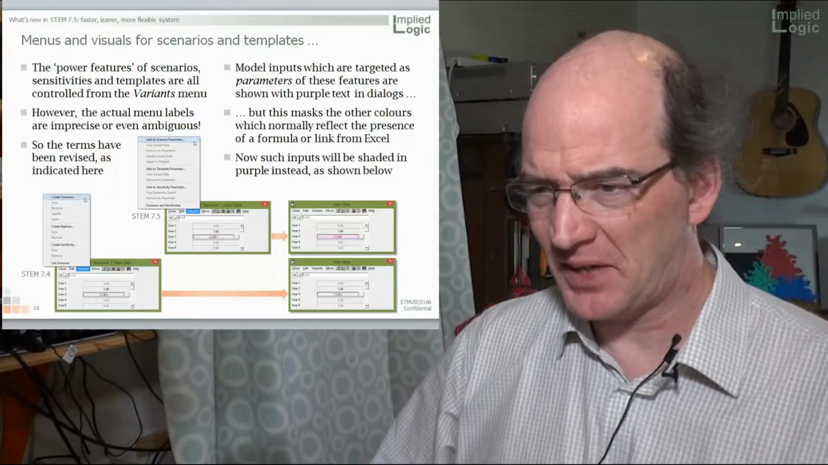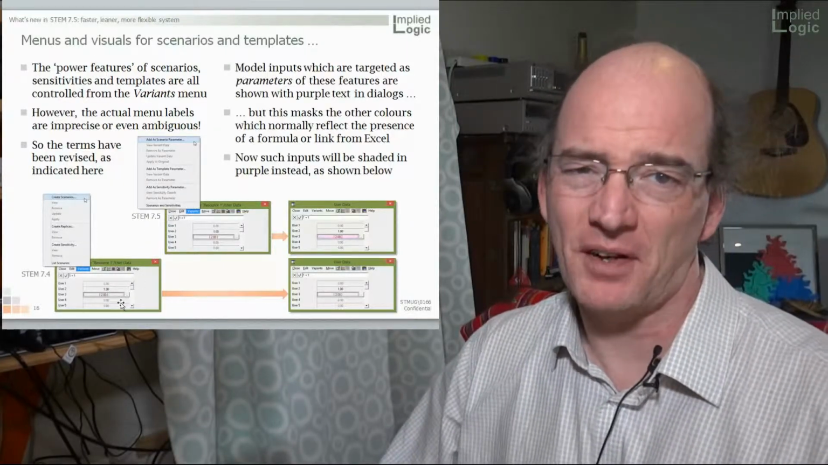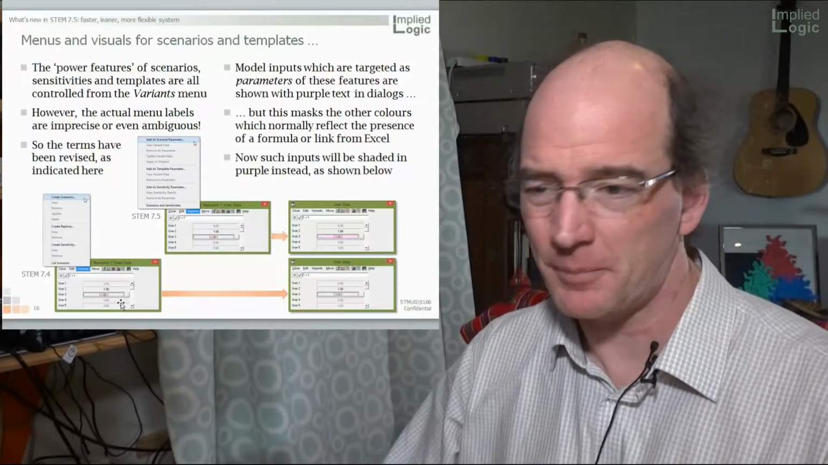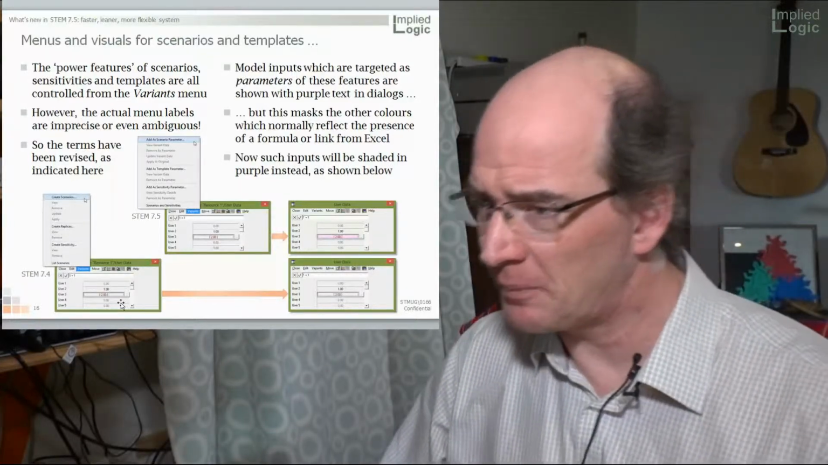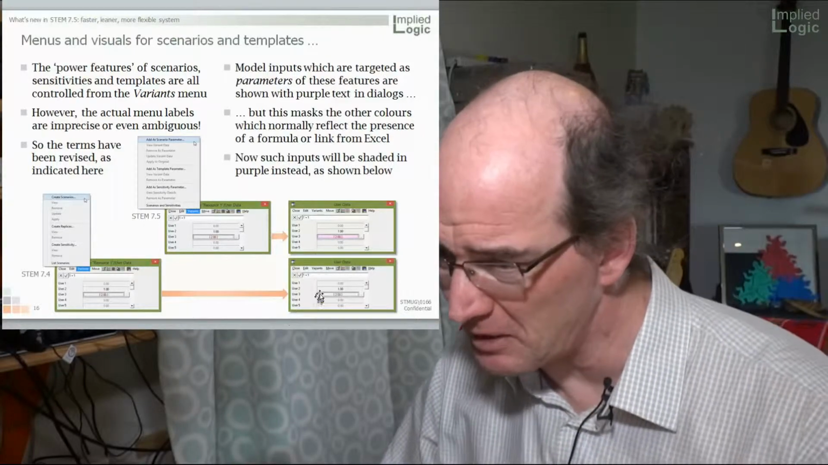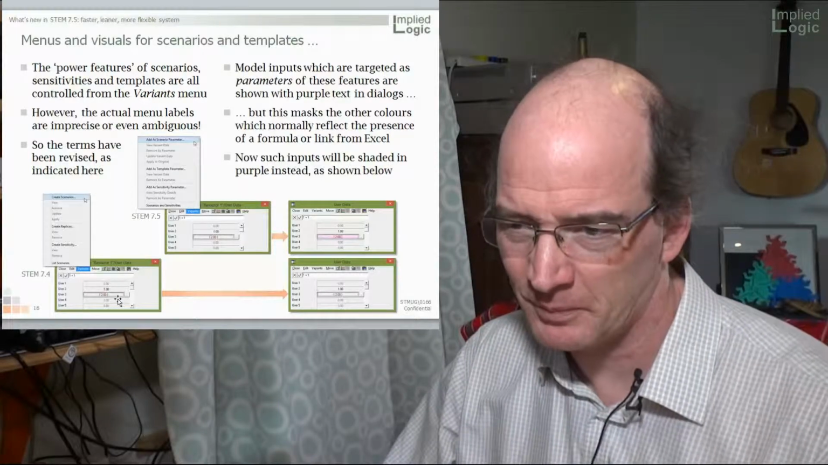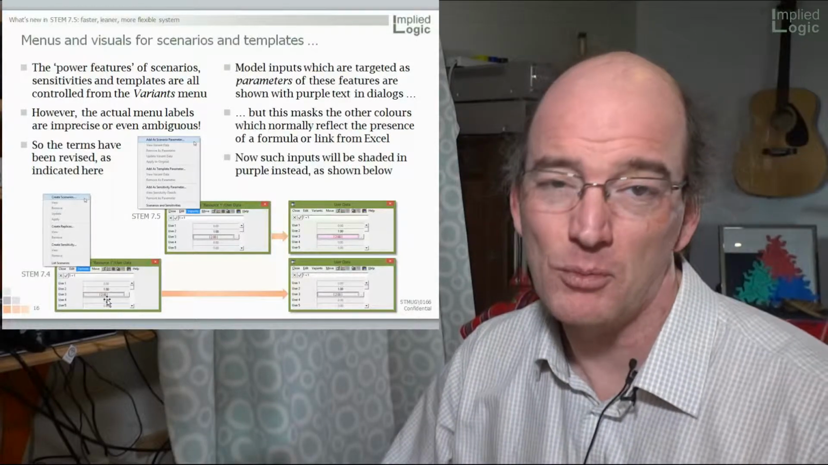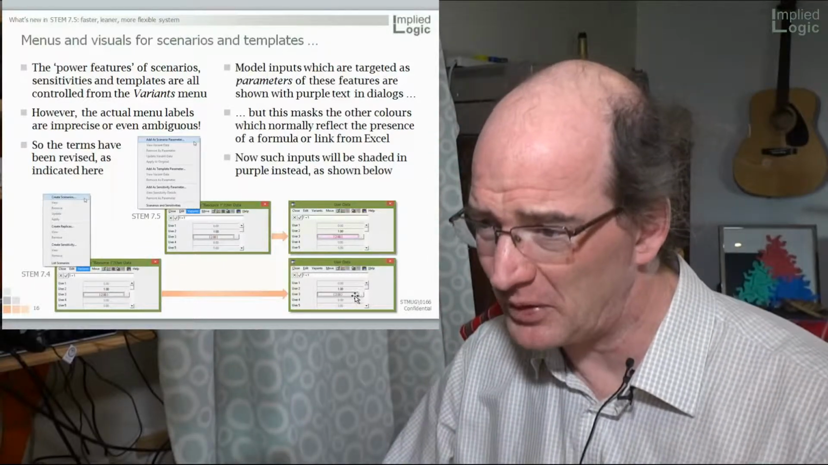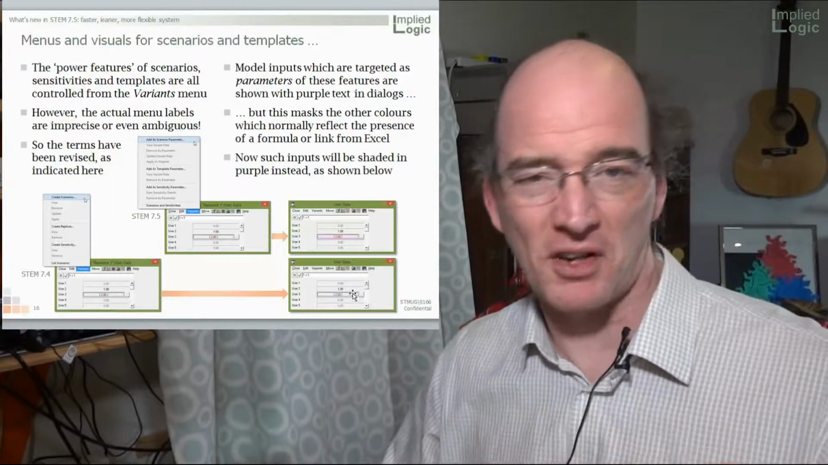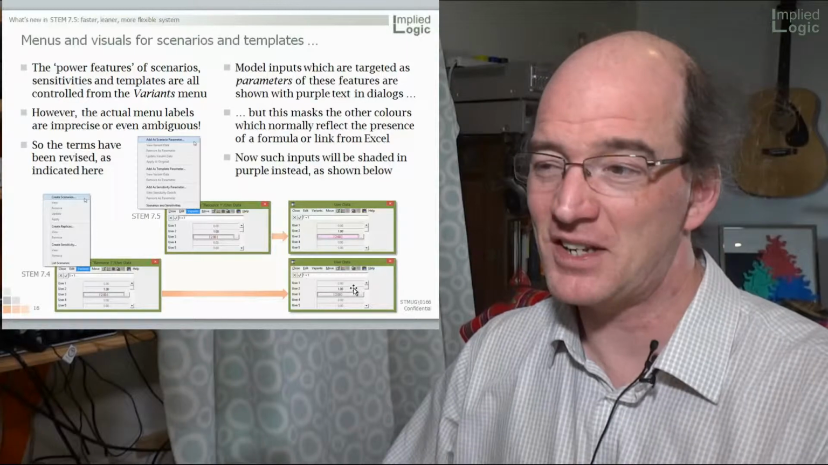The other thing which goes hand in hand with this is that in STEM 7.4, when something was identified as a scenario parameter or a template parameter or a sensitivity parameter for that matter, the text in the dialog would be shown in purple. So over here you'd go from being a formula for 2, 1 plus 1 is 2, formula shown in red, to, well, actually it looks very similar on the screen, but that's in purple. The idea was that the purple would indicate where the volatile scenario values were, and the trouble is that, as I'm just illustrating,